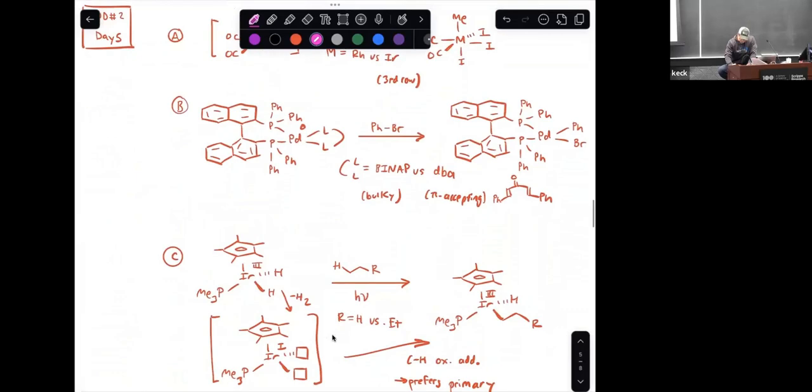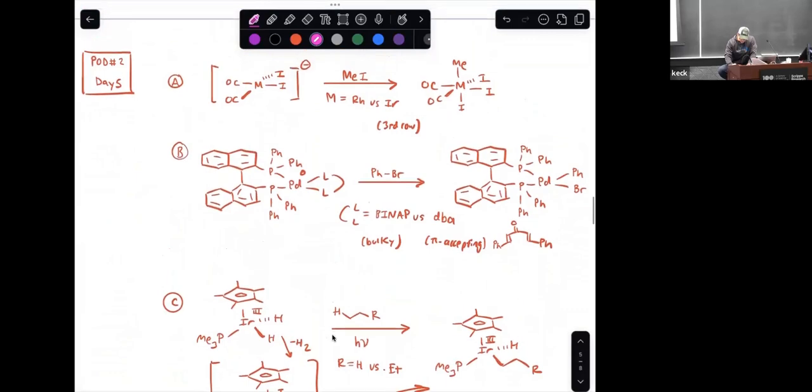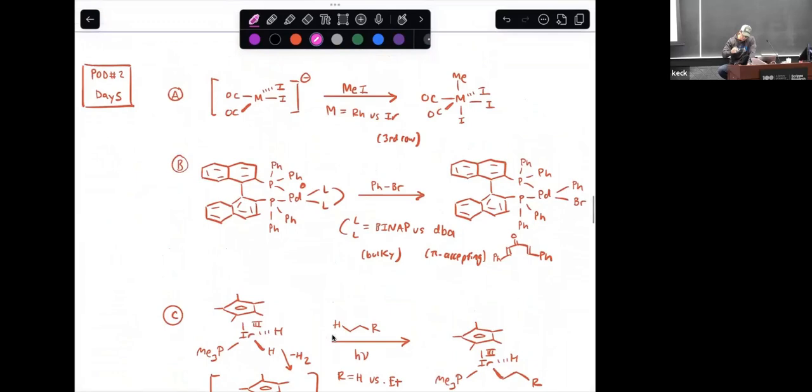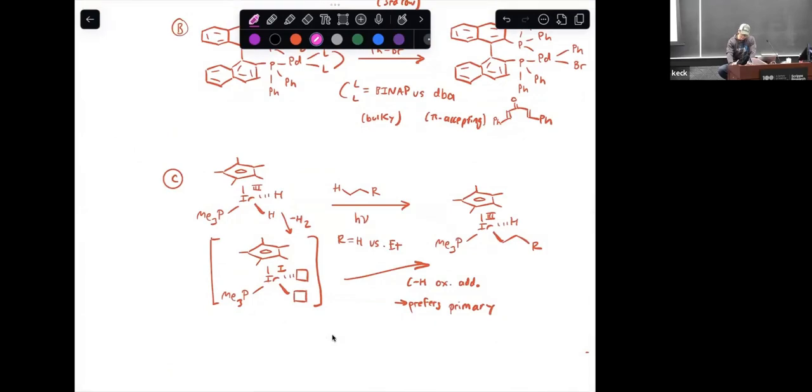Okay, in the interest of time, I'll ask you all to think about problem of the day number 2 from the day 5 handout. Take 5 minutes as homework to think about it, and then when we start class on Thursday, we'll rapid fire get right into this as our springboard for closing out the elementary steps discussion. If you're following along the syllabus, next class period we'll close out discussion of elementary steps and cover metallocarbenes. And then we'll be off to the races with stitching these steps together in the context of